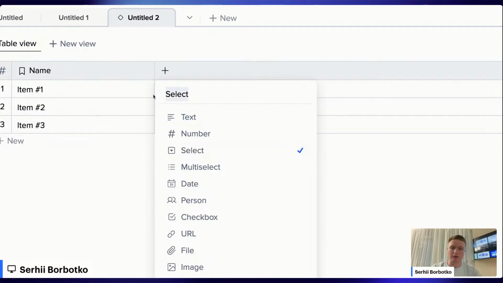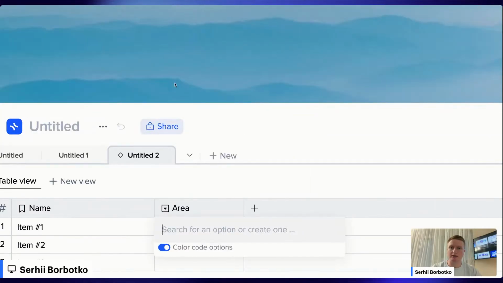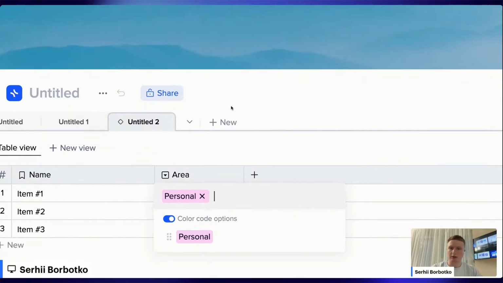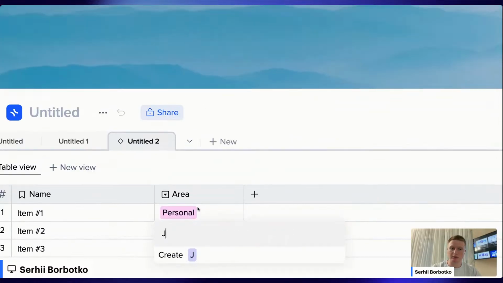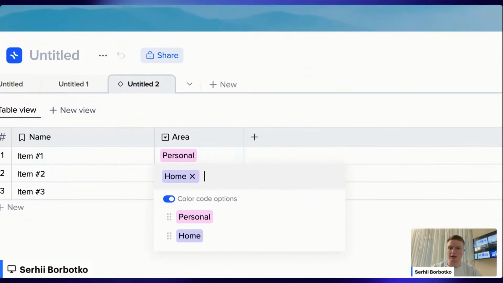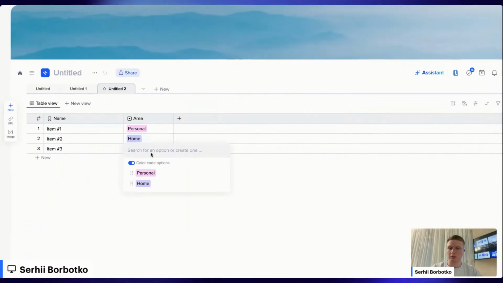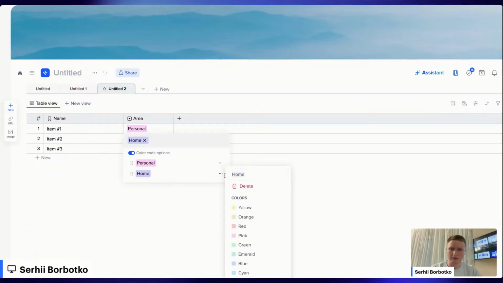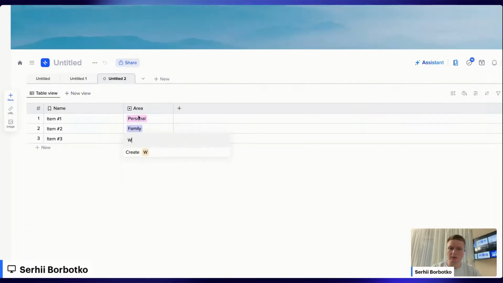Select can be like area, and let's say it will be personal, then home, which is almost the same, but doesn't matter. Let's say not that personal, but family related,